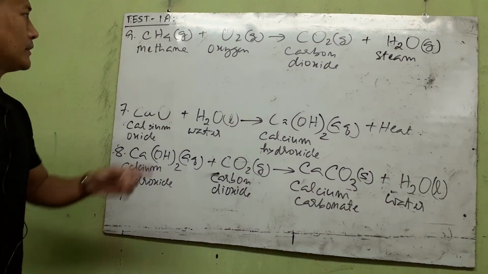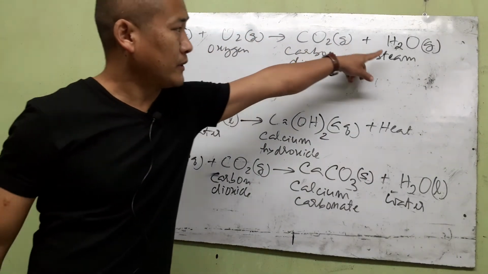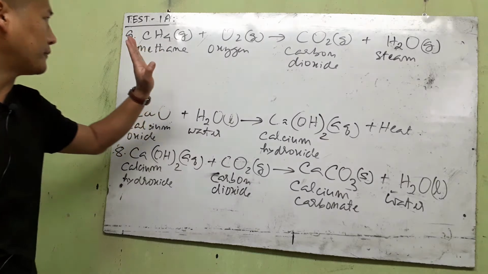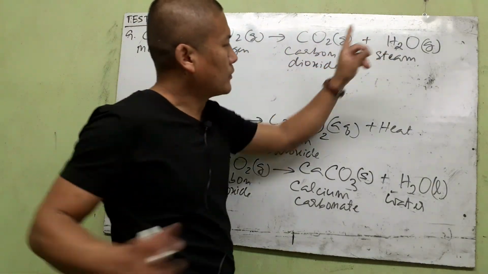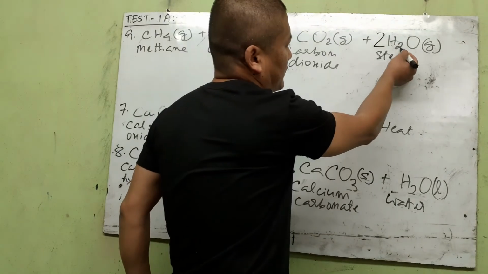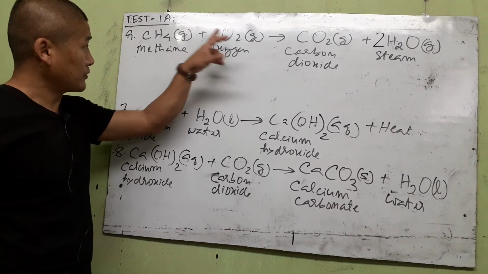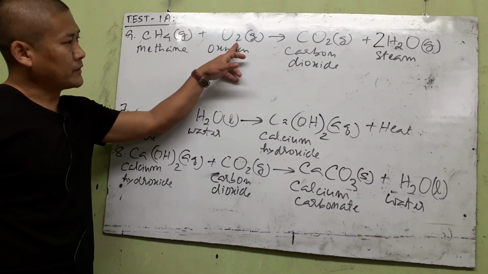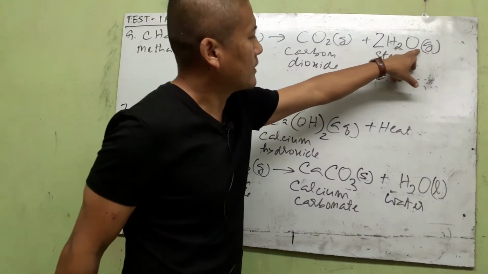Let's try to balance it. One carbon atom on the left side, no carbon here, so one, no carbon there, so one, balanced so far. 4 hydrogen atoms on the left side, no hydrogen here. So to make it 4, let's put here 2, bigger than this subscript. 2 twos are 4 hydrogen atoms on the right side. So hydrogen is also balanced. So let's go to the next. 2 oxygen atoms on the left side. 2 plus 2 ones are